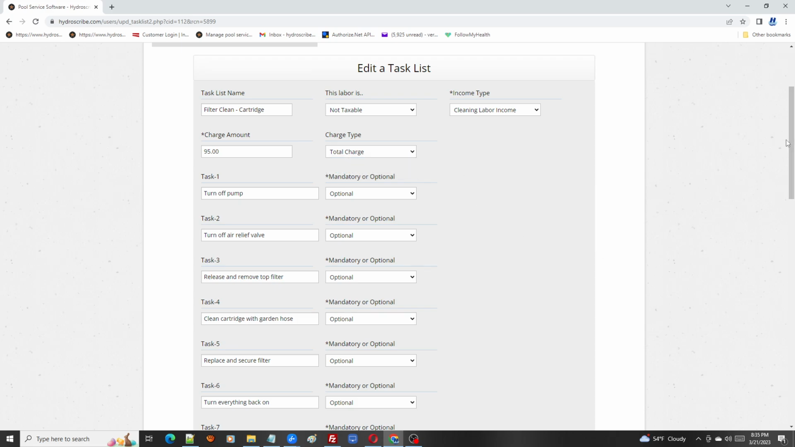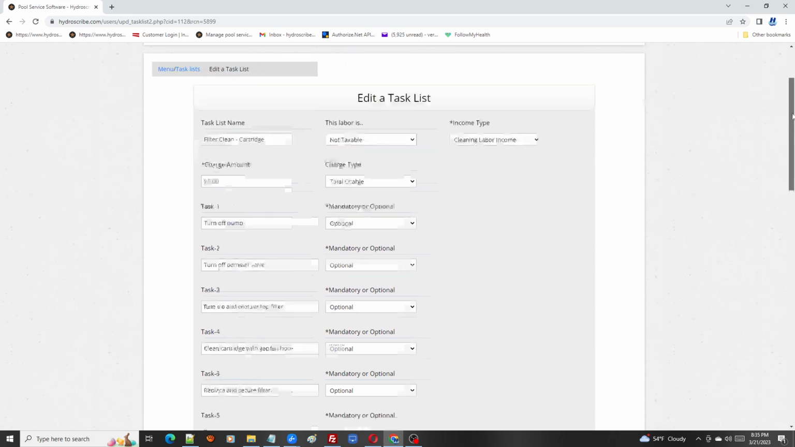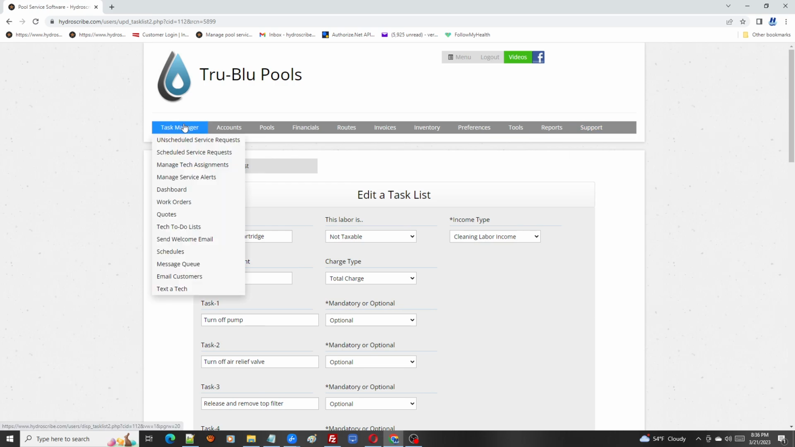And then, underneath that is just the steps that I want my tech to do and the order that I want him to do them in. These will appear as checkoff tasks inside of the mobile app. So as he does a step, he simply checks it off. And then when he gets to the end, he just simply clicks the finish button and it closes out the job. So now that you've seen my task list,